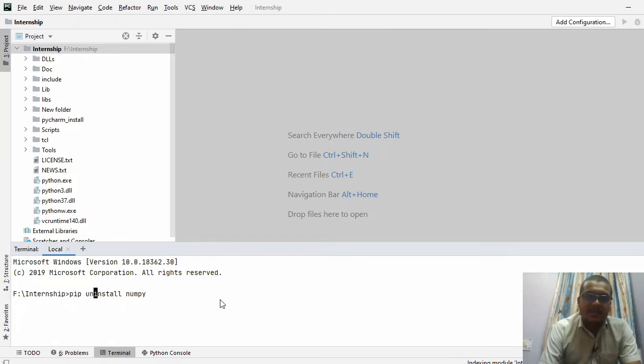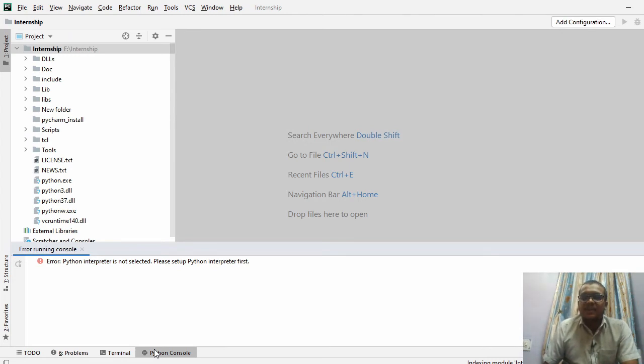The next one is uninstall: if you need to uninstall a package, you can go for it. Do make a note of this: to install a package, type pip space install space package name. That is carried out in the Terminal window. So these are the two windows you are going to operate with.